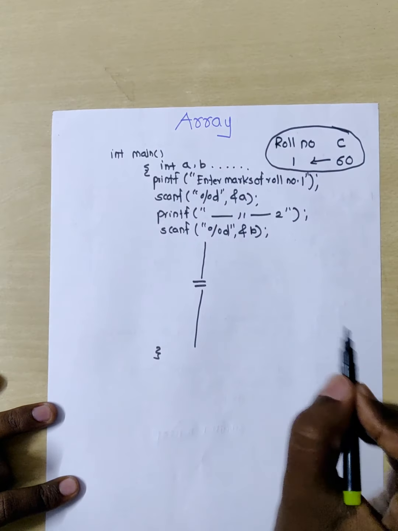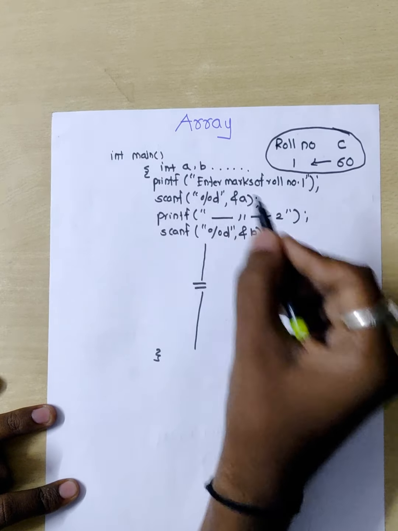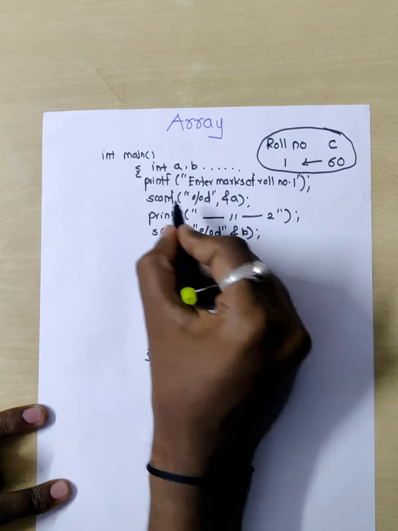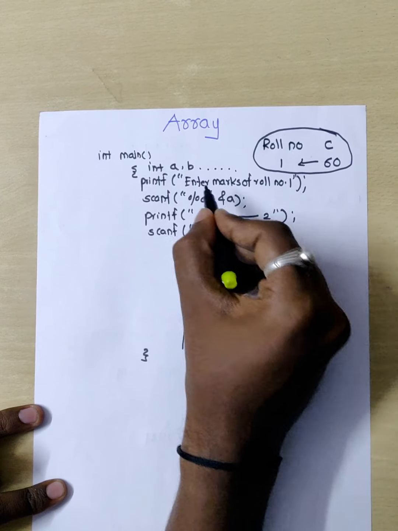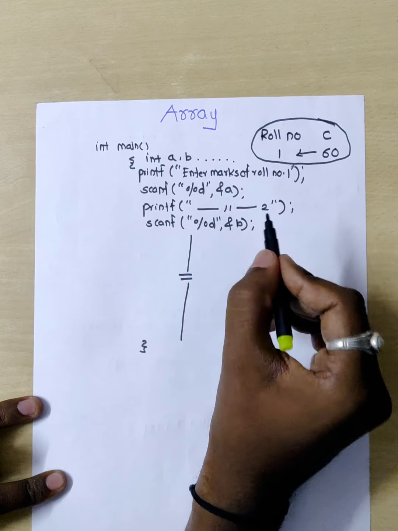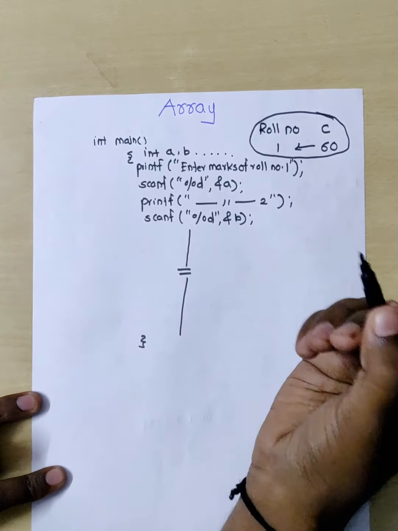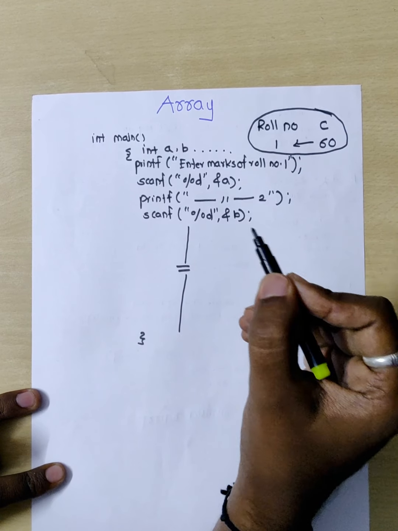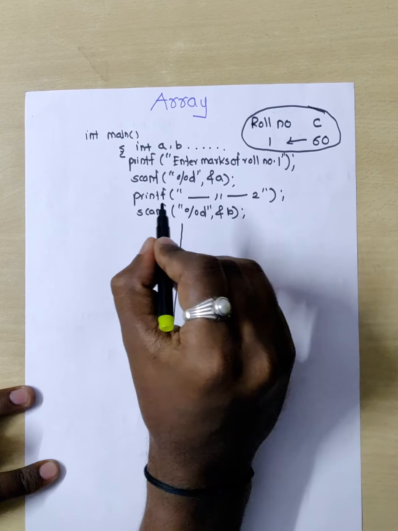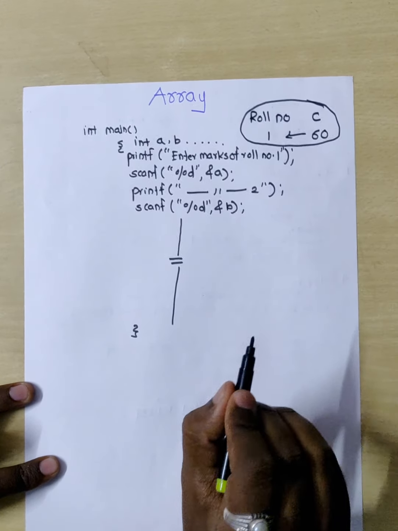So even though I am using the same data type and the same statements, I cannot use a loop here, because scanf cannot be used inside the loop as the variables are different. I can use a loop at the most for printf, but I cannot use it for scanf. So the problem here is that when in C we are dealing with a large number of variables, we cannot go with the conventional method. We have to use something better for this problem.